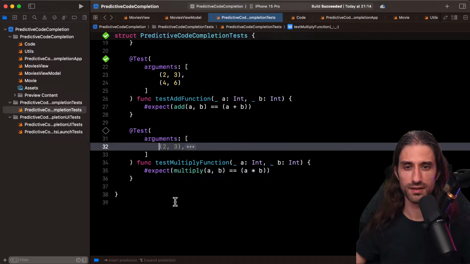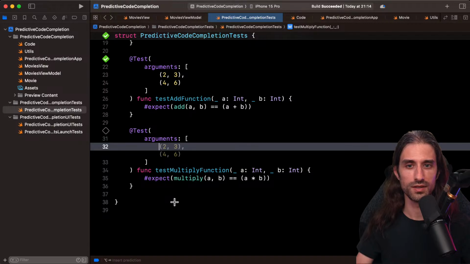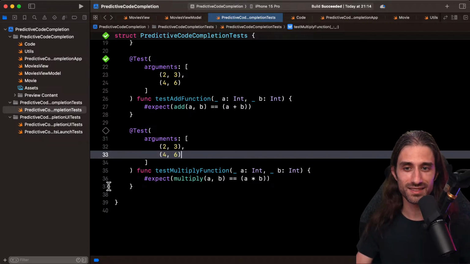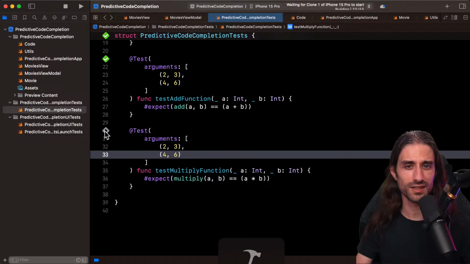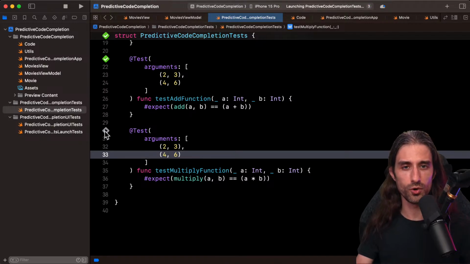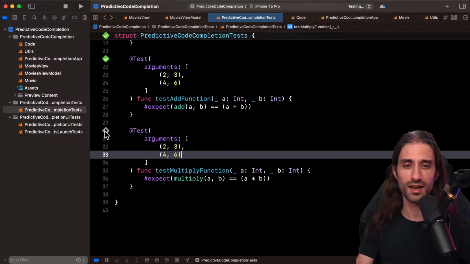Oh, so it generated, but it took the same as above. So it generated, but with minimum risk. At least these values are correct. So you can see that it does understand from local code, but what it can infer from local code, since there is not a lot of it, isn't very advanced.